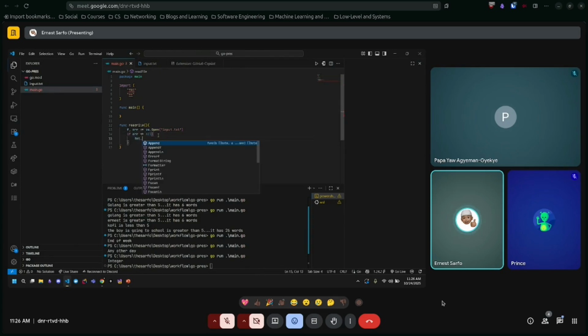We can do fmt.Println(err), and then we pass our error over here, and then we'll return. Else, we will defer. Let's say we'll close our file, because obviously after opening a file, or after opening a stream of input, you might want to close it, and then we'll just do